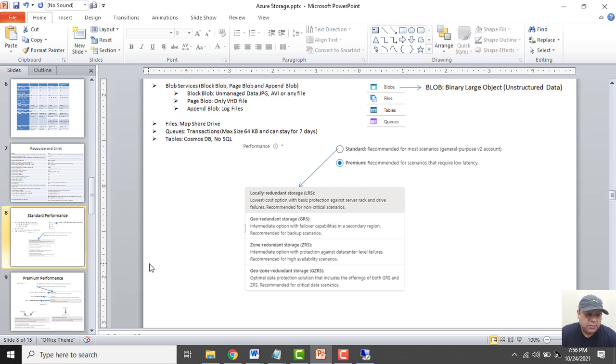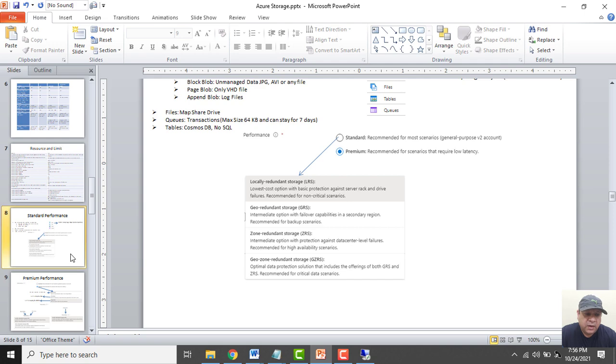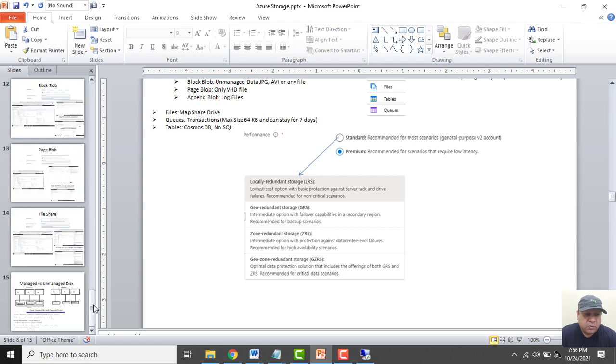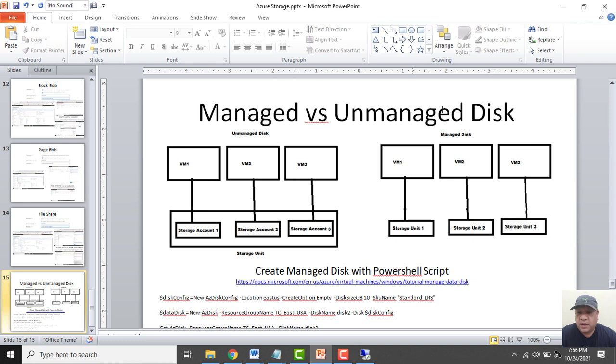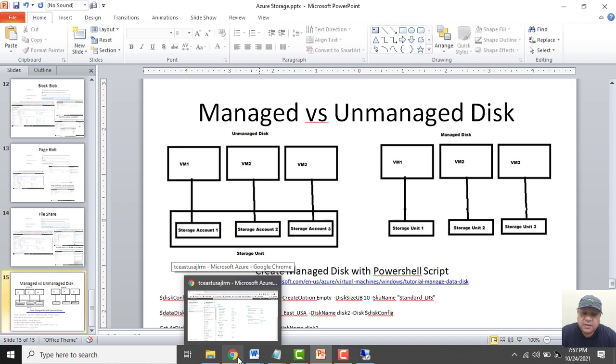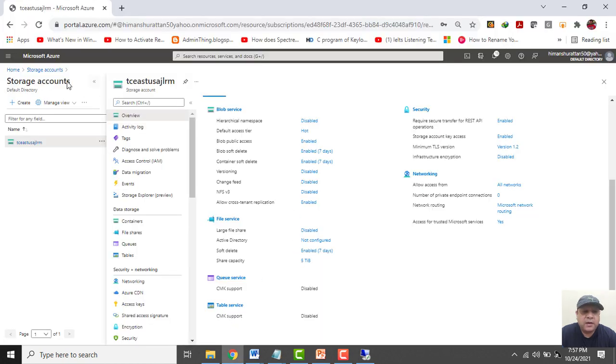All right, so in the last, I would like to discuss this topic, managed disks versus unmanaged disks. This is also a very important topic when we talk about storage, and we need to understand why we use managed disks and why we use unmanaged disks. Basically, managed disks are those disks that are managed by Microsoft.